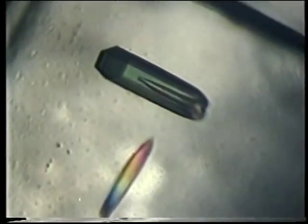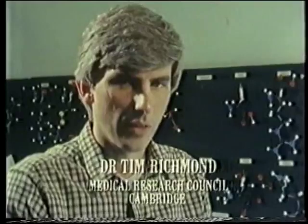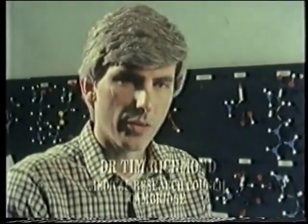Dr. Tim Richmond has been studying these crystals in great detail. That particle was crystallized, and we could then study it by X-ray diffraction methods, which would allow us to actually look at the electron density of this particle. Now, the study is carried on to the level of 7 angstroms resolution. At 7 angstroms, we can't see each atom of the structure, but we can see the larger scale features of the structure, such as in the DNA, we can see the major and minor groove and the positions